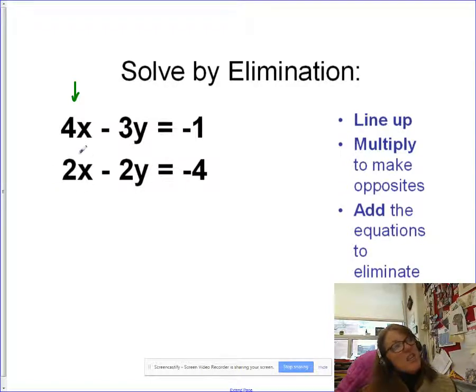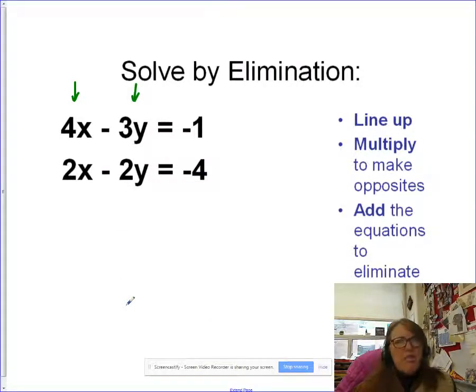I could take the second equation, and if I multiplied everything on both sides by negative 2, then x would become negative 4, and these guys would wipe out. Okay, so that's another option. If you focus in on your y values, you could also attack here. If I try to get rid of the y's,